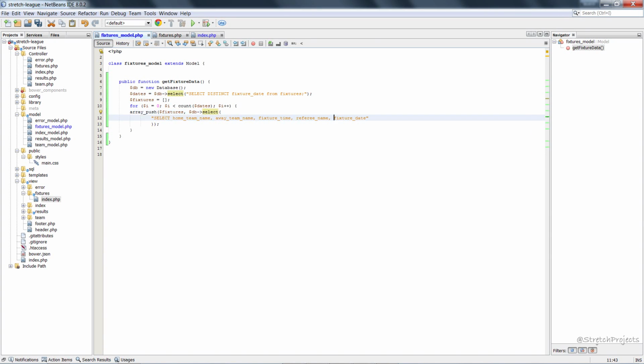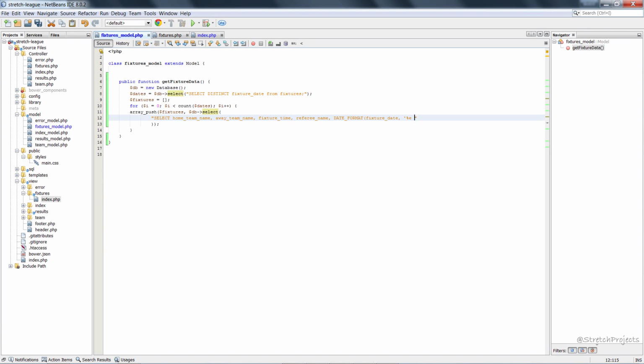So to actually format this, we're going to use the date format command within SQL, which takes one parameter and then a second parameter, which is the output format. And I'm going to use the format %a